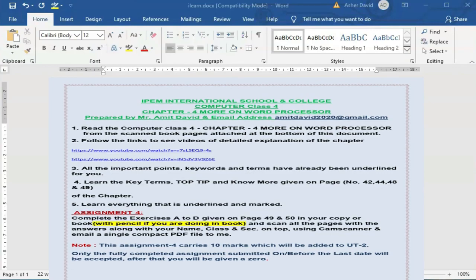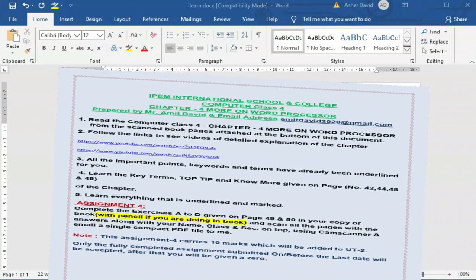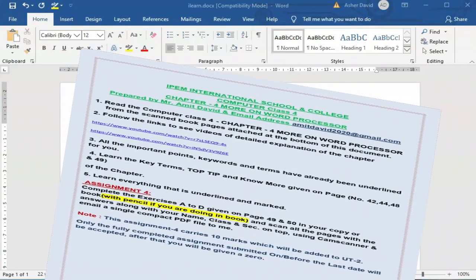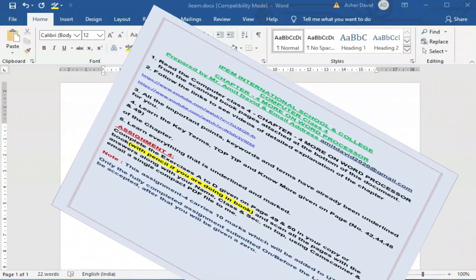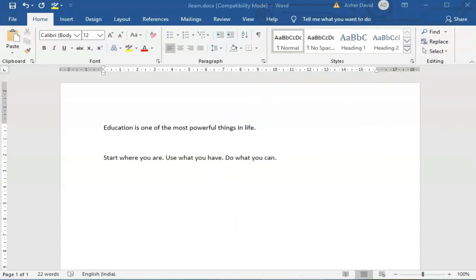You can perform the different types of formatting on the text like changing the font face, size and color, changing the font style, etc. Let us learn how to perform these types of formatting. Changing font face, size and color. The steps of changing the font face, size and color are as follows.